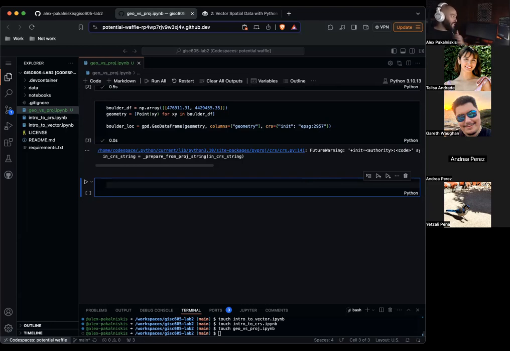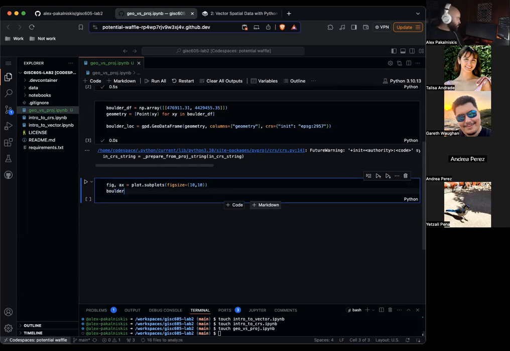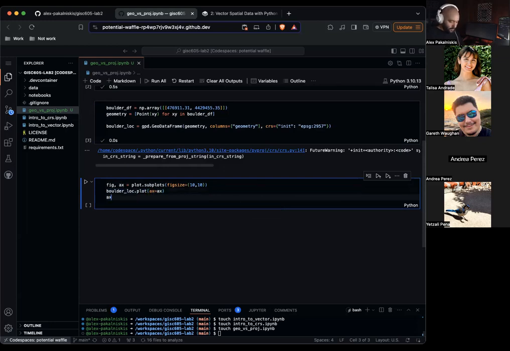Now let's actually plot that information. So we'll do fig, ax equals plt.subplots, figsize equals 10 by 10, Boulder loc dot plot, ax equals ax, ax.set_title, plot of Boulder CO location.